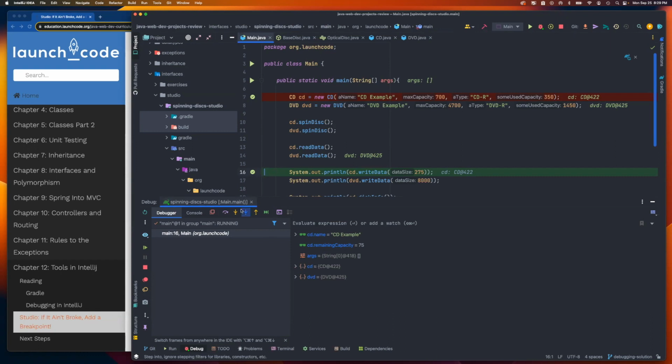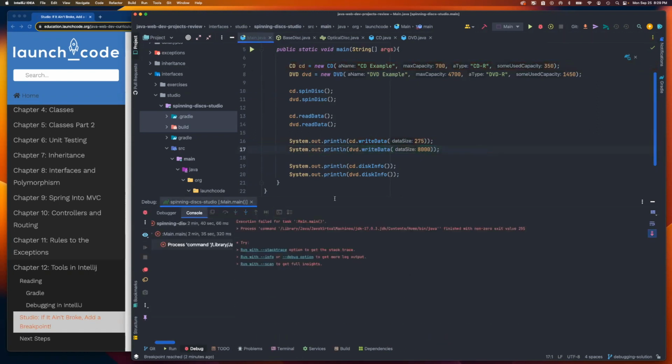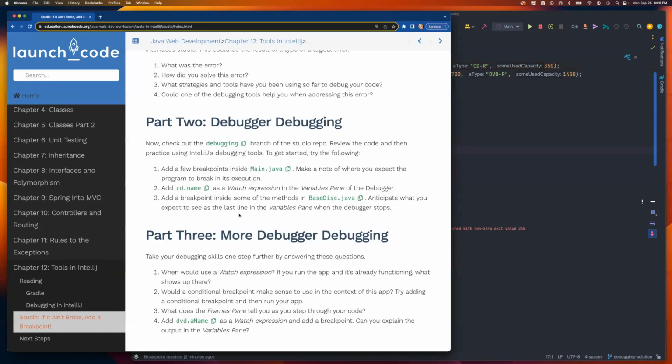So now we can move forward, and you could continue on from there. Before we go through the process with DVD, though, I want to show you the usefulness of conditional breakpoints. I'm going to take off these breakpoints for now. I'm going to stop everything. Let's come over here and just,